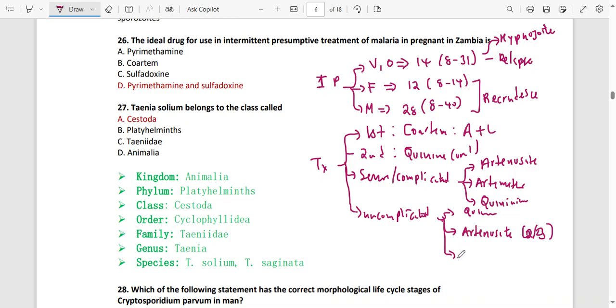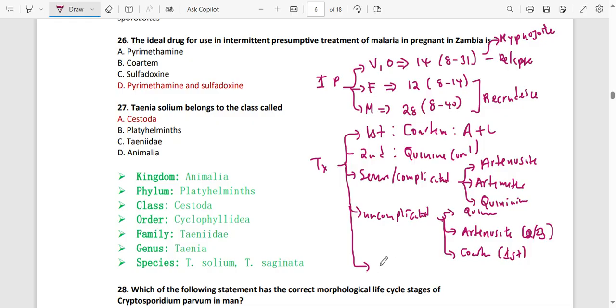You can as well give Coartem. For Coartem, you can give it also in the first trimester, so it is okay in the first trimester. Remember, Coartem is a combination of Artemether and Lumefantrine. And then the last one, that's for the complicated and uncomplicated, is the intermittent